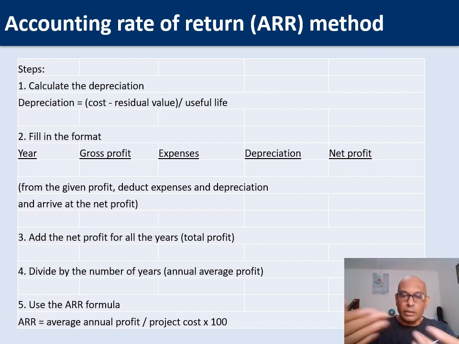It shows the usage of the non-current asset, how much we have spent on the non-current asset. So it's not a cash expense that we pay. It's an implied cost. Implied means it's not really something that we pay cash for, but we include it in accounting. So the accounting rate of return method includes depreciation, and that's the first step.